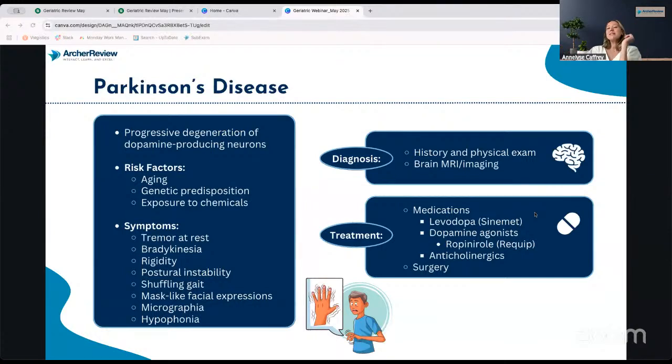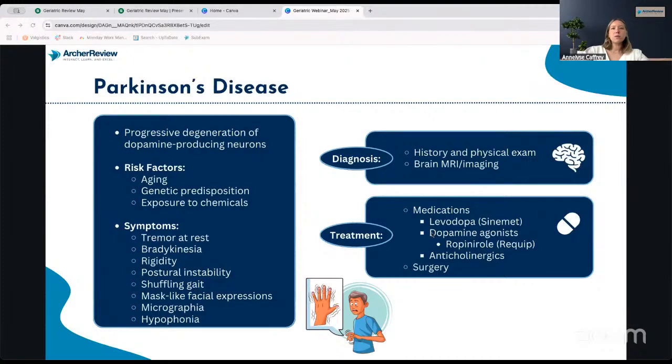The other biggest indication that I see in clinic is family members coming in saying, He's just totally apathetic. No facial expressions, nothing changes, doesn't smile, doesn't frown, doesn't look sad, doesn't look happy. That is indicative of Parkinson's disease. So those are all things to think about. Also, the voice changes. When people start to say that their voice doesn't sound the same, think Parkinson's disease. You'll often refer this out to neuro, but starting with a good history, a good physical exam, and then a brain MRI are great spots to start.